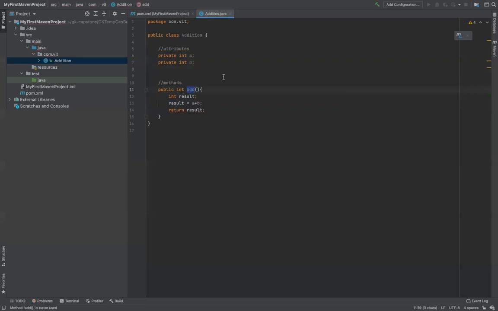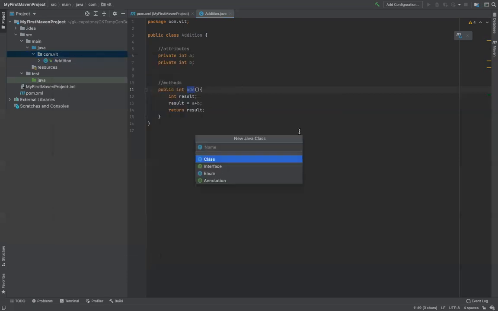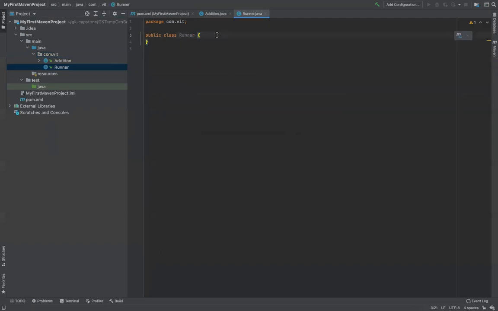Now this method will not execute on its own. I need something so that it executes, right? To do that, first I need to create an object of this class, and then I need to invoke the method on it. So I'll quickly go and create a class. I'll name it runner, and that's where I'm going to put my method, public static void main. I think almost everyone must have heard about the main method. This is the method from where the program starts.